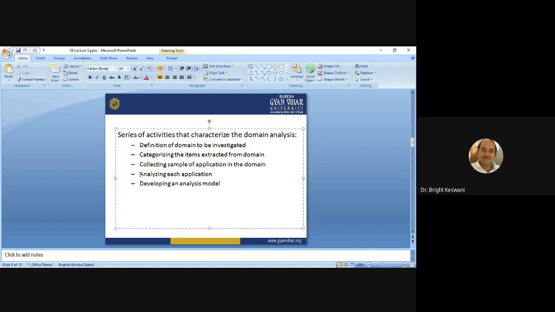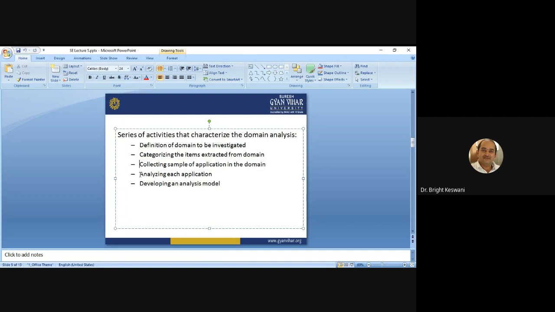I elaborate this again: domain analysis is conducted at different levels of abstraction, and when it is conducted at a middle level of abstraction, it is called domain analysis.